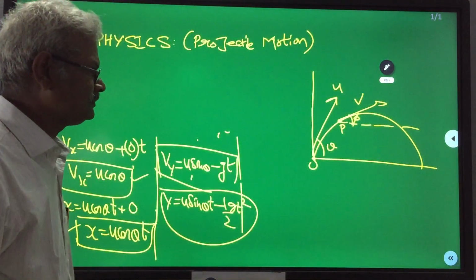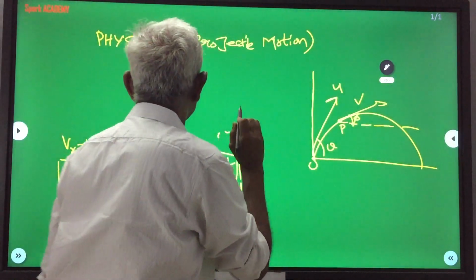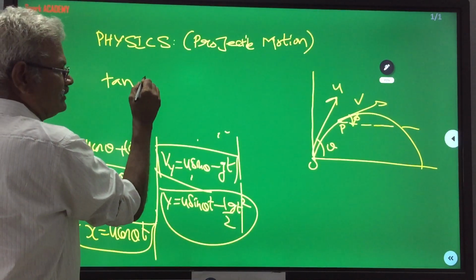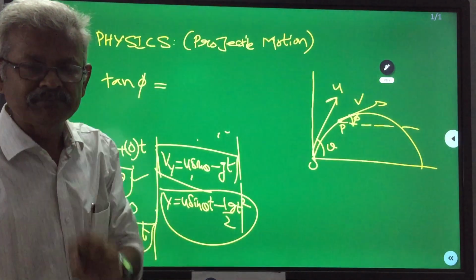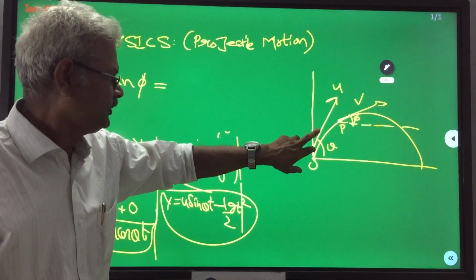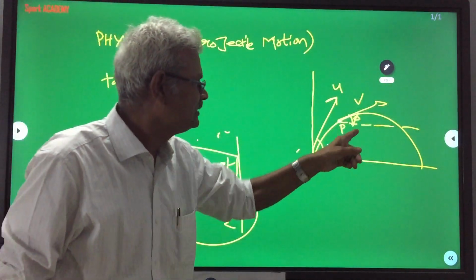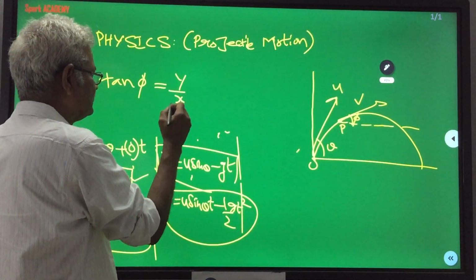That means here after a time t it has come to this point. So to get tan phi, what you have to take? This is an important point. Again I am repeating. If you take this tan phi, tan phi is equal to, should we write that y by x